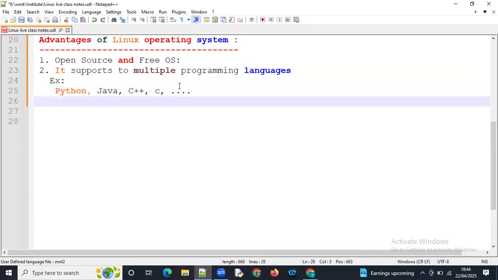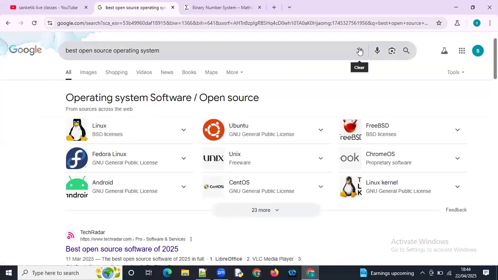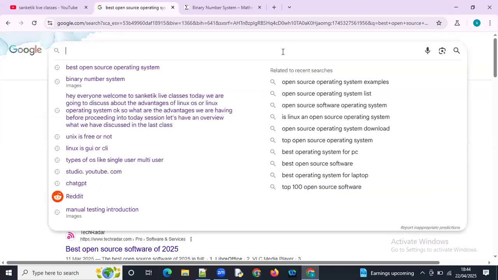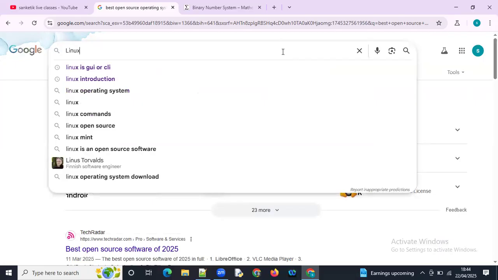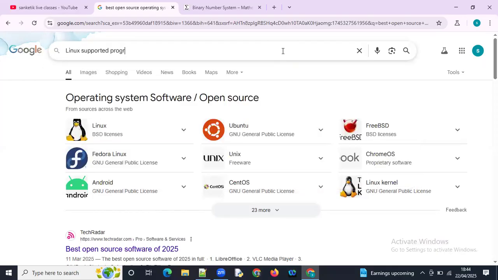Okay, next, third one. So you can search here also: Linux supported programming languages.